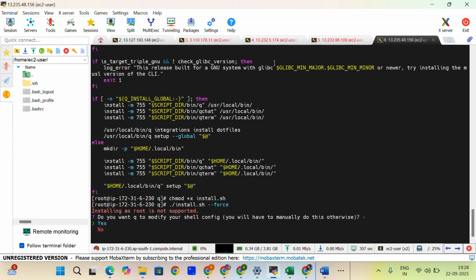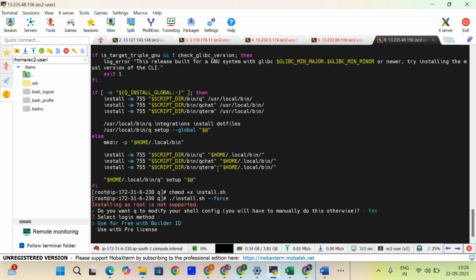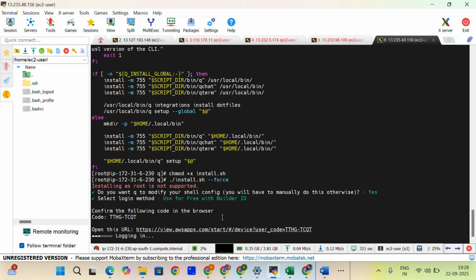So this will ask some questions. You can provide that. Do you want to set the method and shell, or will you do it manually otherwise? So now I want the shell config. Enter. Use the free trial. I have the free trial AWS account. So here it will give one URL. Copy this URL